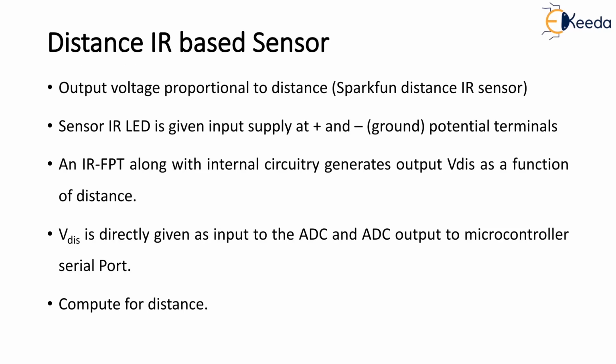So next one, the distance IR based sensor. Here we use the time interval between IR pulses and reflected pulses for measuring the distance of an object. The infrared sensor is useful for objects in the range of 0.15 meter to 0.8 meter. The IR sensor works on the principle that a narrow beam IR LED sends radiation at an inclined angle, and the nearby phototransistor, FPT, receives the reflected radiation after it travels 2 times the object distance.